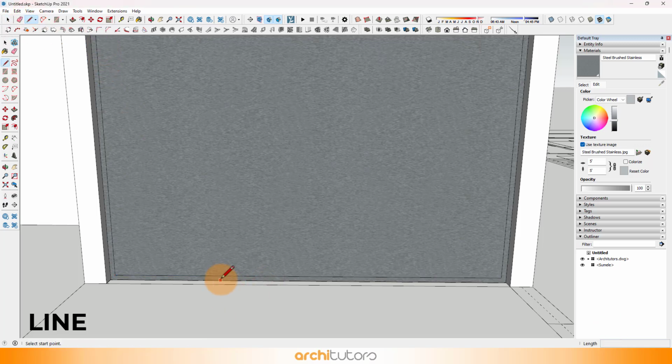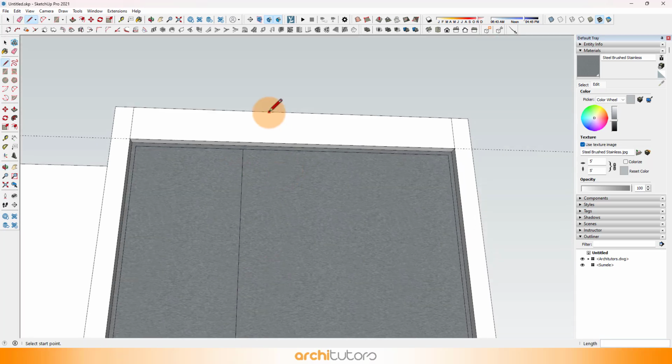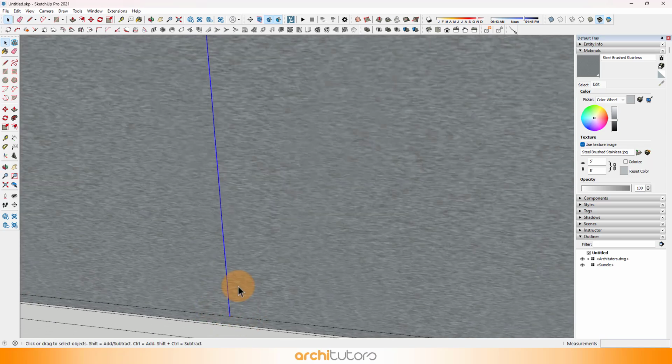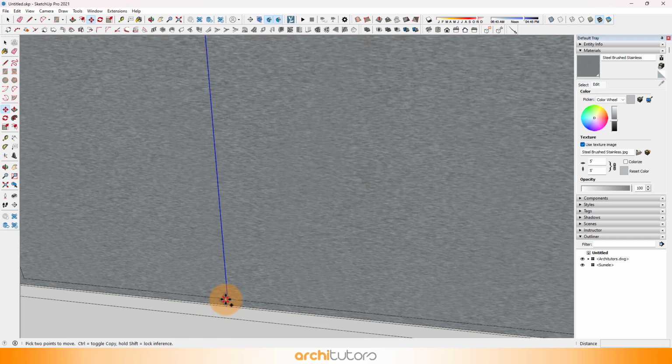We can use Line tool to divide any surface and in this case to create mullions for the window. Use Move tool and hit the Control key to copy objects. In this case, we copy lines to create new faces.